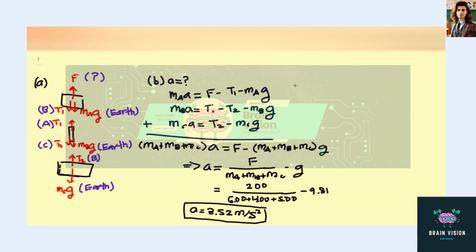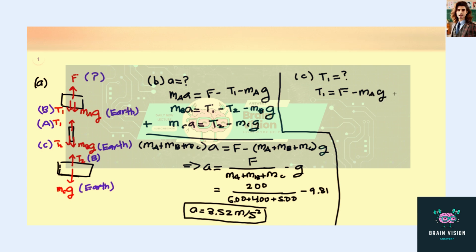Good. And I think we can fit part C up here. Let's draw some boundaries. Okay, so in part C, we now want to find what the tension on the top of the rope is. So that is T1. And then we can get T1 by, I think the easiest way to do it is to rearrange our first equation, Newton's second law applied to block A, because we now know what the acceleration is. So rearrange terms in order to isolate tension and solve for it. So that's